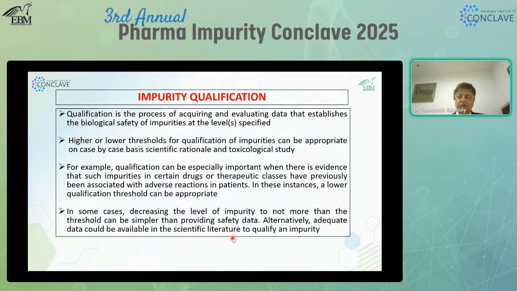For example, qualification can be specifically important when there is evidence that such impurities in certain drugs or therapeutic classes have previously been associated with an adverse reaction. Basically, if I know some of the previous history from the literature or so, then I can qualify the drug